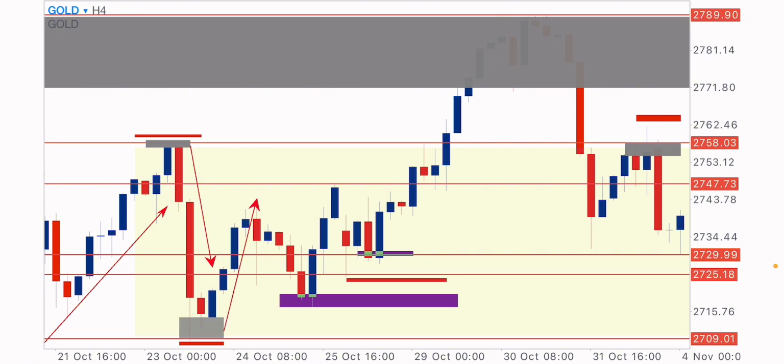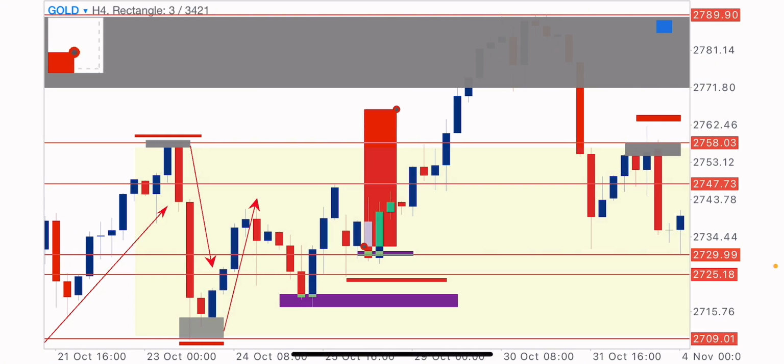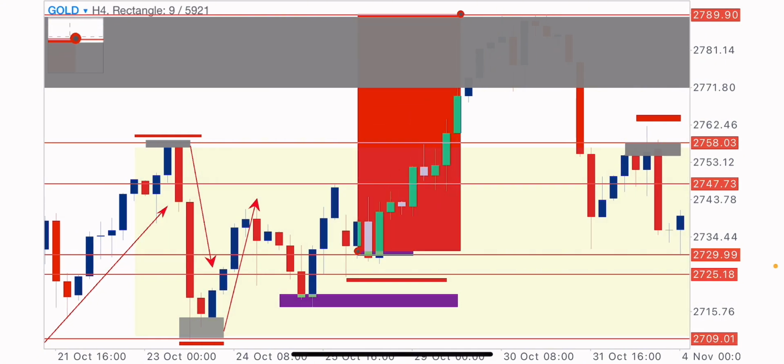The reason I'm showing you this from a previous time frame is to show you that this is how you should be trading using this strategy, how you should be analyzing, how you can put your stop loss, minimize your losses, and maximize your profits. So we can see that's where our stop loss would have been, and therefore our trade would have been from this zone here until that